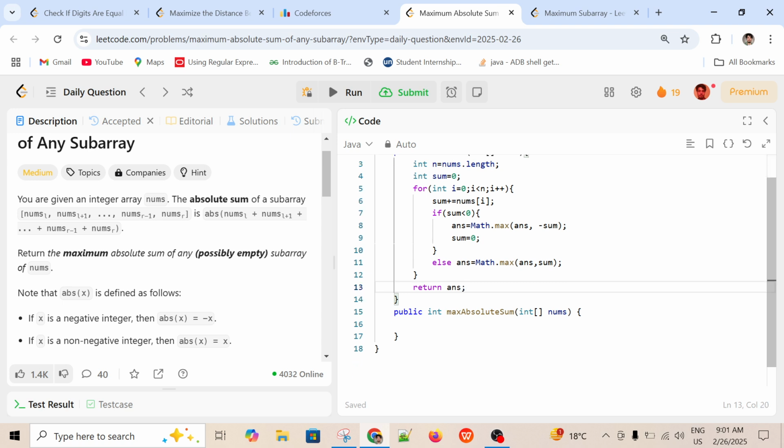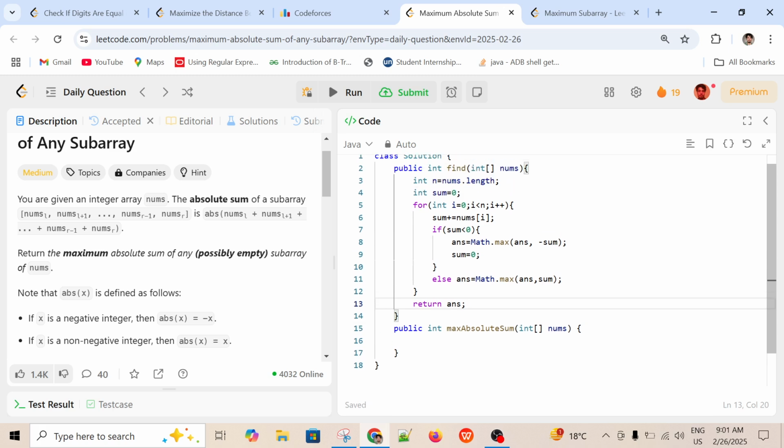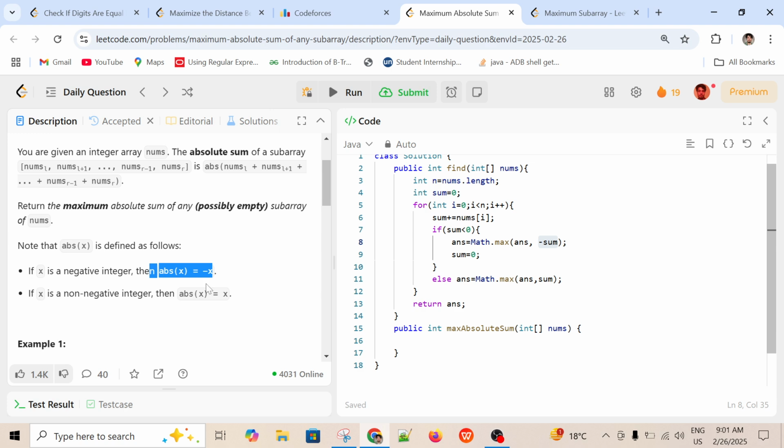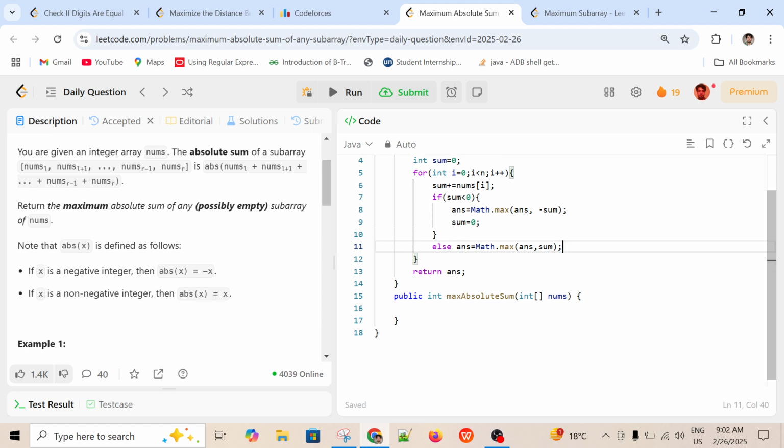So this is the way we will compute. Whenever we hit a negative sum, we will mark it 0 after finding the maximum. This is the absolute of minus. This is the definition I am using, and whenever it is positive, we are just finding the maximum with the given value. In this case, now if the answer is 0,